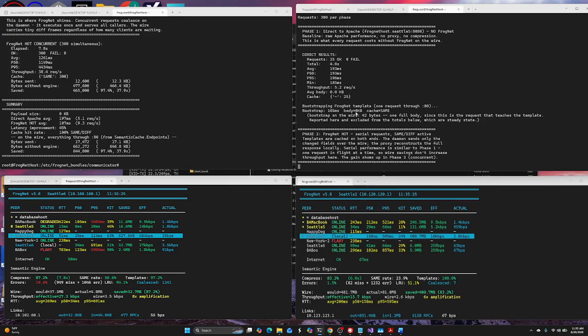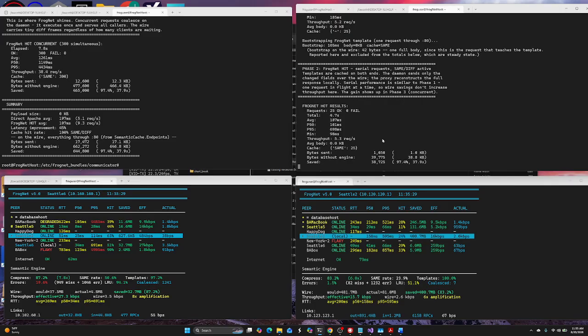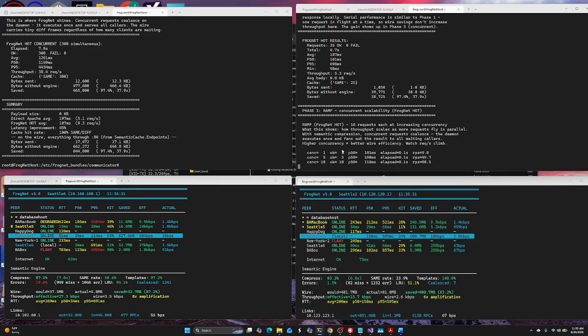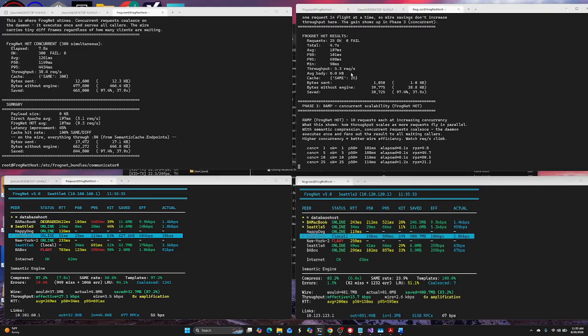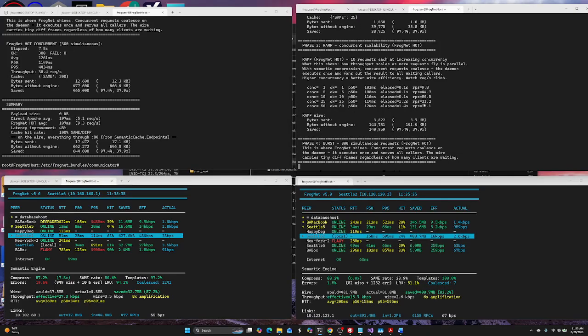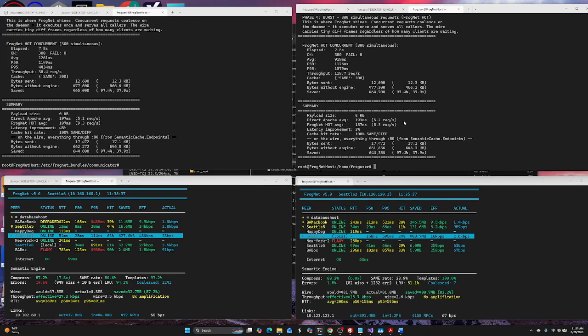5.2 again for the baseline. Then when we switch to semantic compression, it only went up to 5.3, so it's warming up a little bit. We got 80.5. That's the same as we got before. And then on the wire, though, we got 119.7. So that's a huge difference. This one would probably do the same if we did it the same way. Now, the big interesting one that we're going to run here is